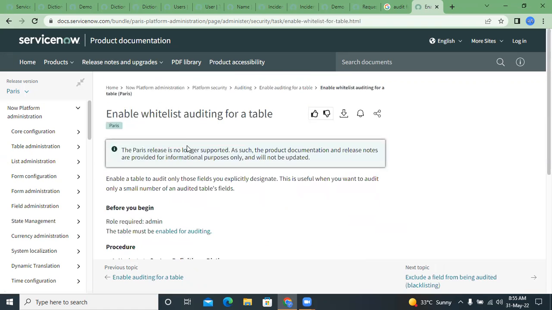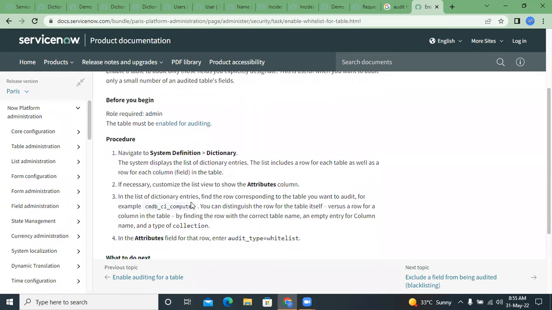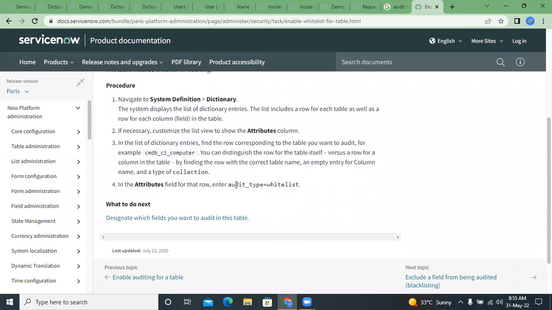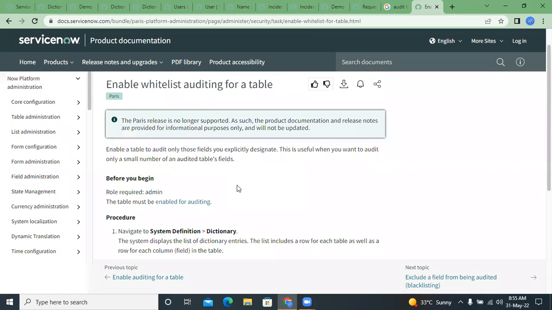So there is something called enable whitelist auditing for a table. What you can do, you have to go to the dictionary, and in system definition, dictionary entries include table as well, column field. And in the list of dictionary, a row audit, for example, and audit type whitelist. Okay. So whitelist means